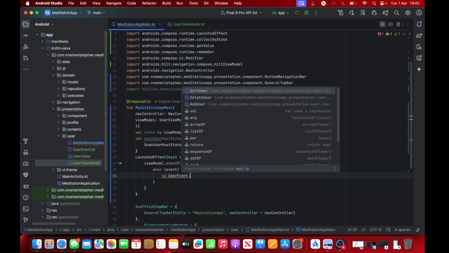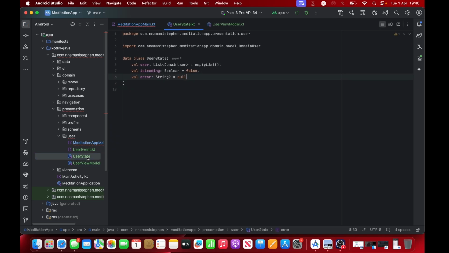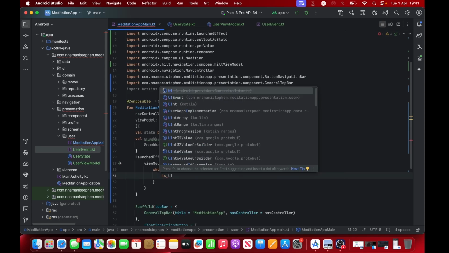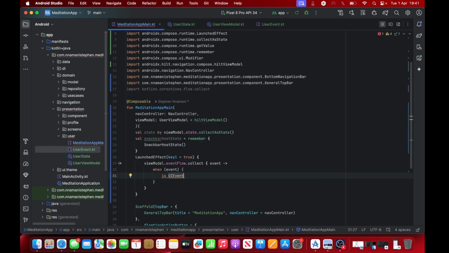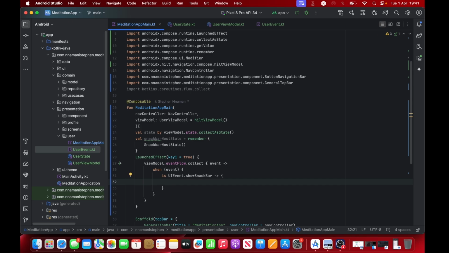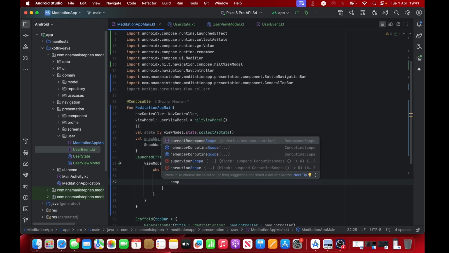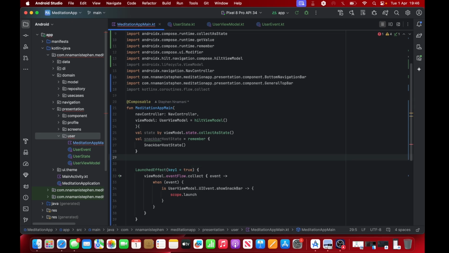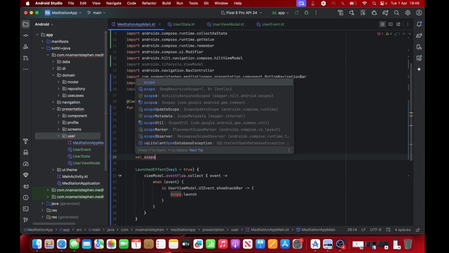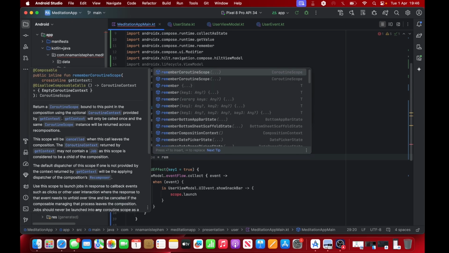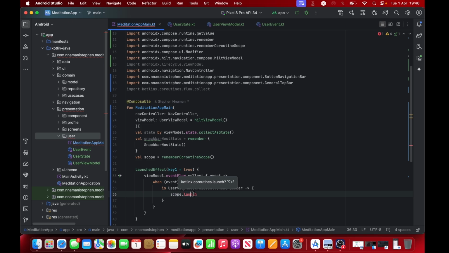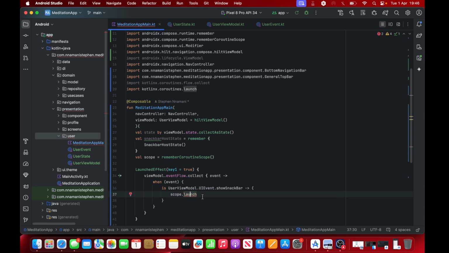event.UI event. Where did I put this again? We should be able to call this directly. So UI event.show snack bar. Yeah. And we'll use a scope to launch it. We need to create a scope, a variable here called scope, and this scope is going to remember coroutine scope. Here we can import launch, and